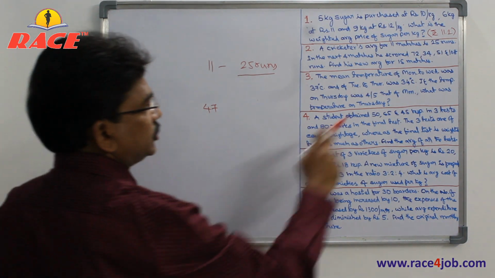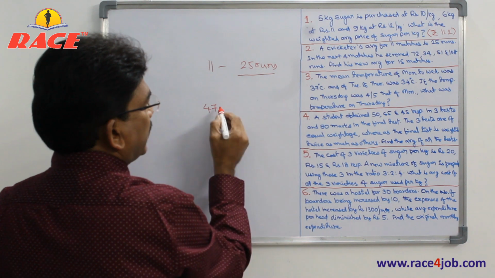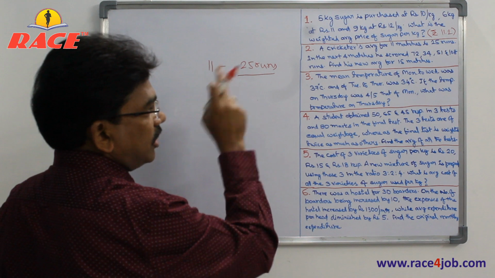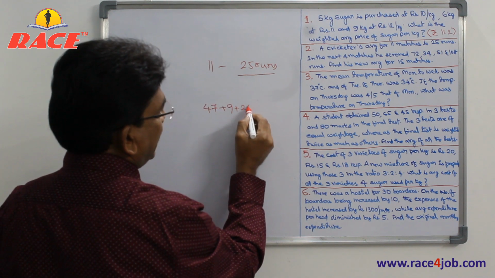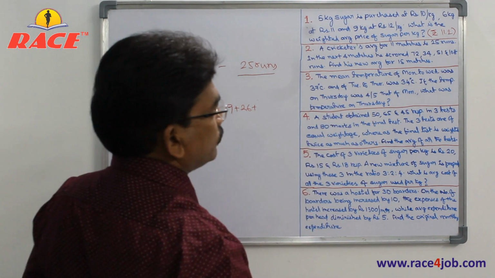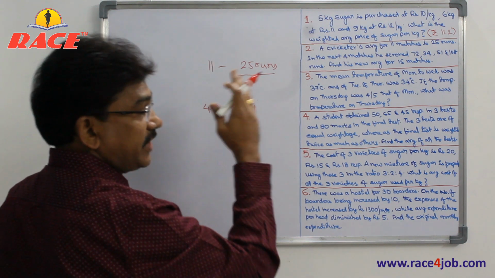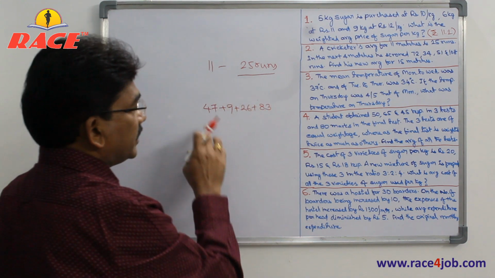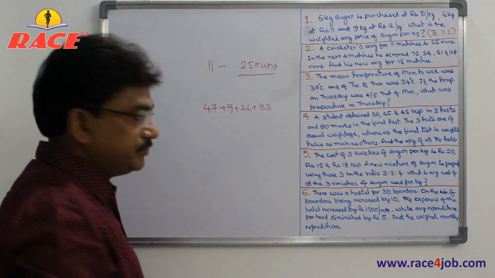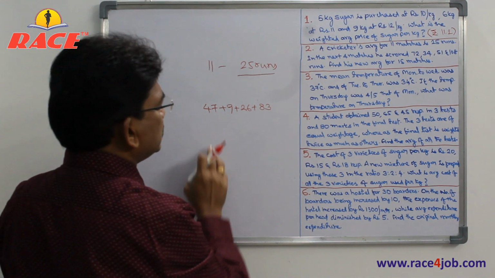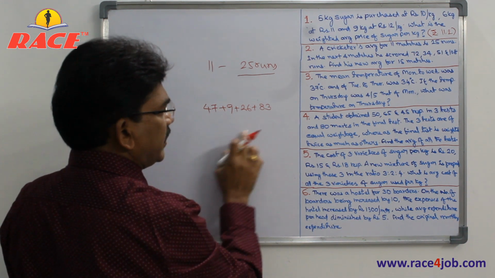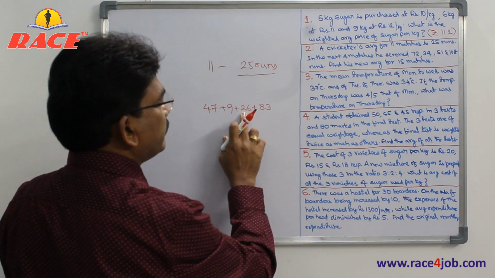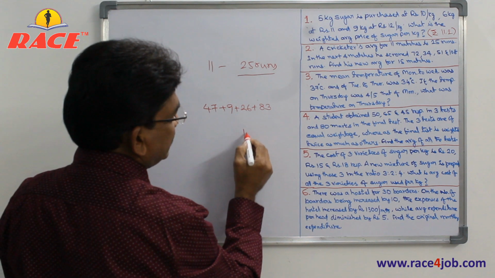And in the second match, 34 runs. How much more? 9 more than the average. Next, 51 runs. How much more? 26 more than the average. And the fourth match, 108 runs. 25 and 100 means 75, but 8 more means 83 runs. These many runs he scored more than average. Total how many runs? The easy way to add is 47, 83. 47, 3 is 50, plus 80, 130. 130 and 26, 156, plus 9, 165 runs.